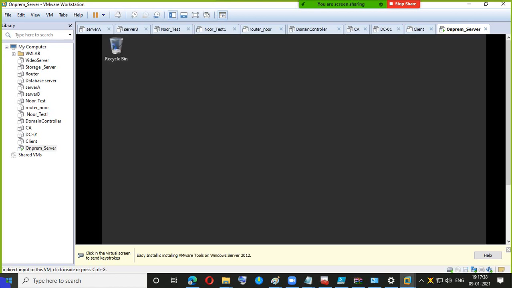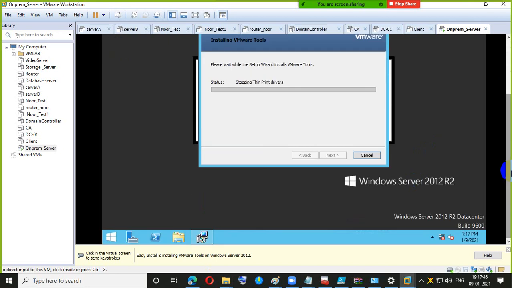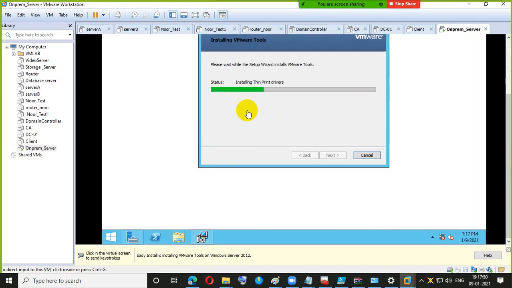Okay, perfect. Now this machine is installed successfully. So what I need to do is put the network address there. The VMware Tools is installing.